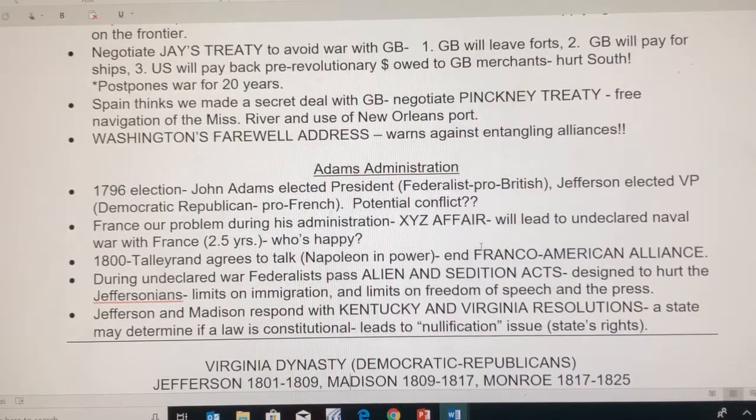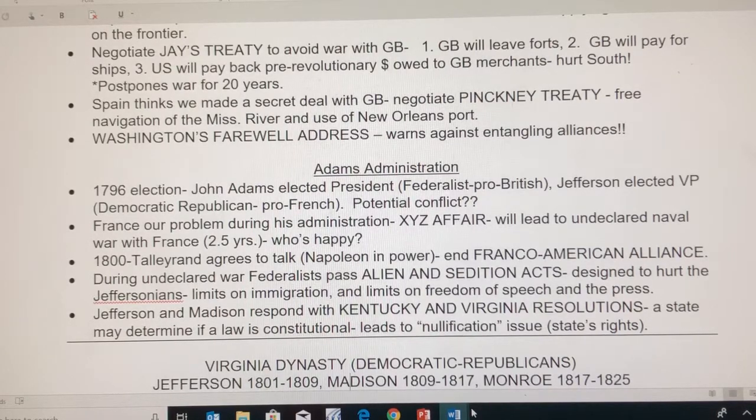for 2.5 years. And we will see the Democratic Republicans will be unhappy. We will see Talleyrand agrees eventually to talk, but Napoleon will take power and the Franco-American alliance will be depleted. We're going to see amidst this whole almost war with France that the Federalists are going to pass 2 acts, one of them being the Alien Act that would increase the years to become a citizen from 5 to 14. This basically harms the Democratic Republican Party by preventing people from being a part of their party and being